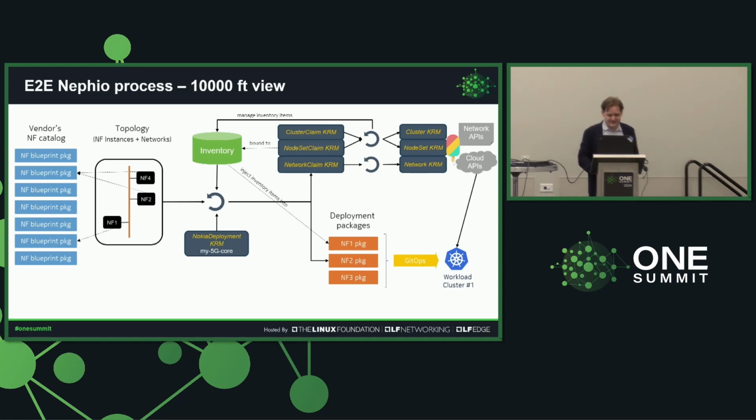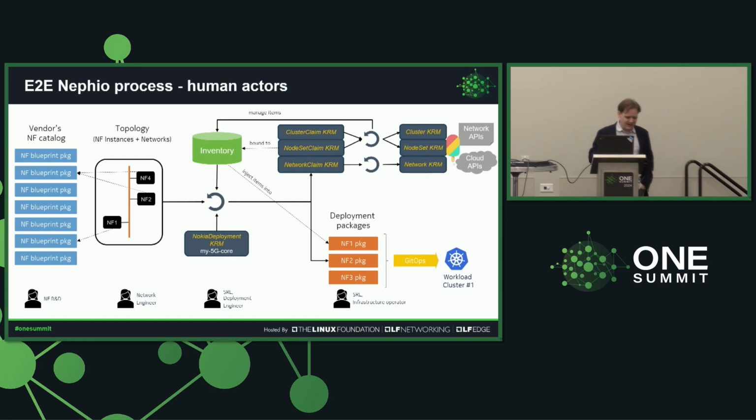And the third reason is that I imagine that, and we in the Nephio community imagine that in the real world there will be multiple personas that all of them want to fulfill their role in this process, and we have to give them opportunities, entry points, connection points to do their job in this process,